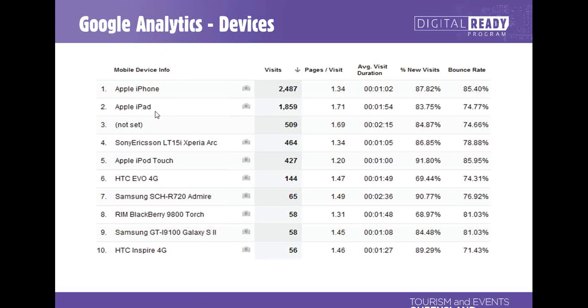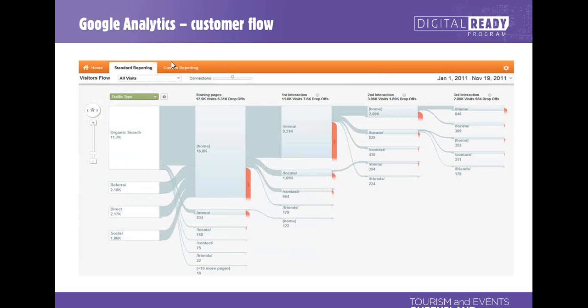We've got a huge amount of iPhone, iPad. There's all our visits from there, as opposed to iPod Touch as well, as opposed to Android platform devices here. So there may be an opportunity here to, e.g., if you're thinking of doing an app, produce an app for the Apple platform and consider the Android one later. So again, it can tell you what kind of devices, which is quite interesting. One of the other things I really like is what's called customer flow, and you can set this up in your analytics, and what it shows you is people moving through your site.